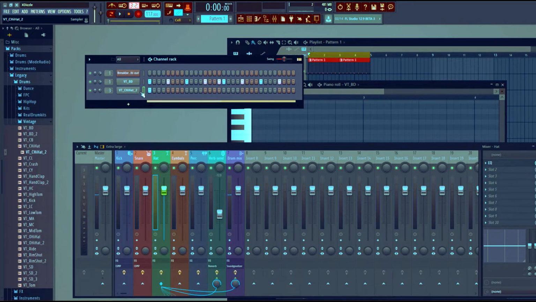So then with these hats, what you can do is you can just load them over here as you want, or just